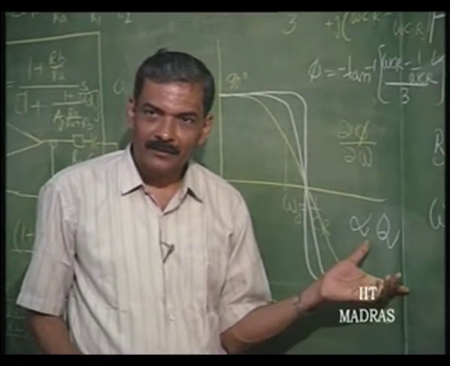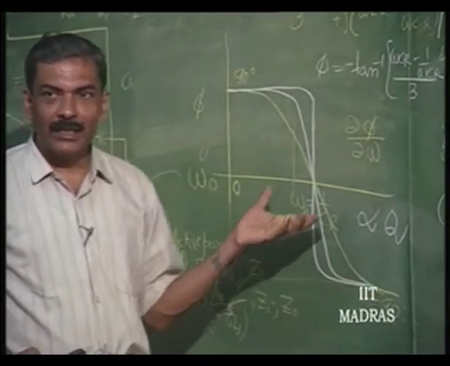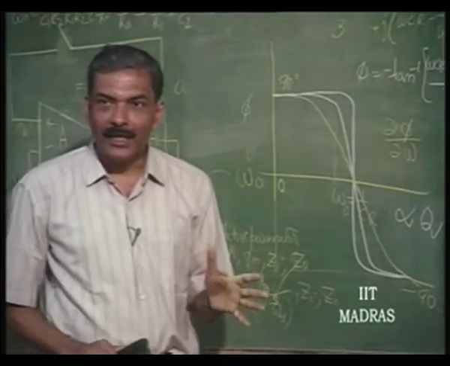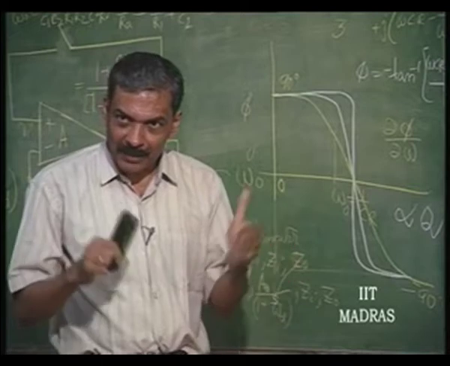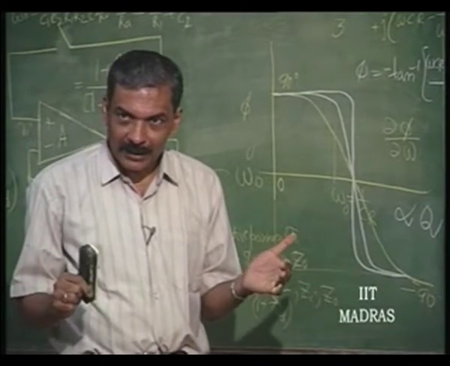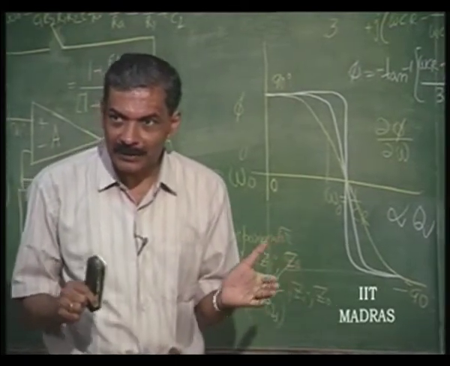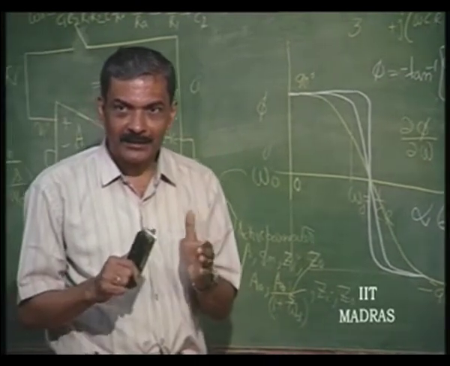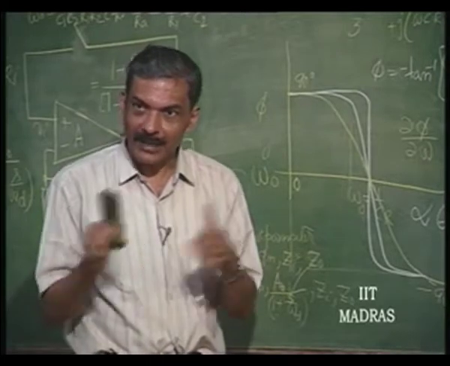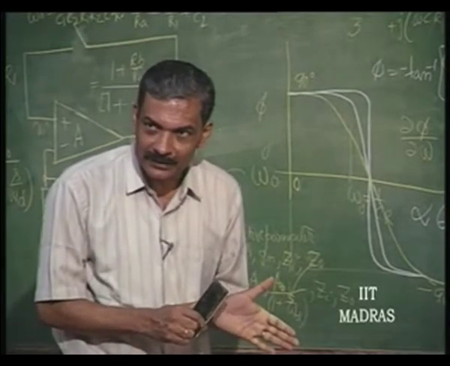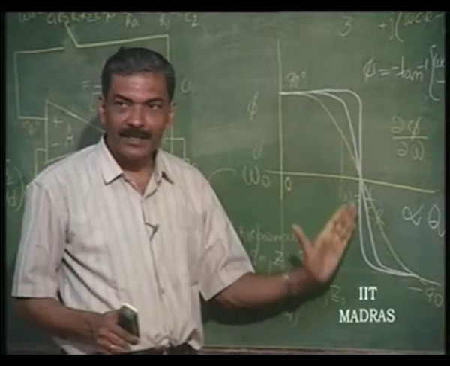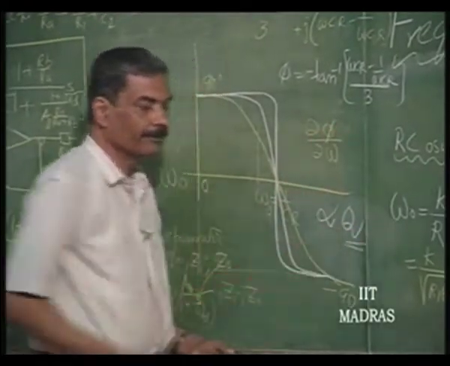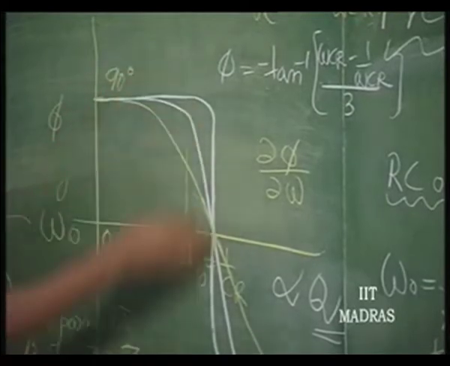Whereas, in the case of an LC network and crystal, Q can be pretty high. Complex conjugate pair of poles will occur, and this pair of poles can be very close to the imaginary axis. If they are very close to the imaginary axis, the resonance frequency is close to the actual frequency of oscillation, and therefore, the phase shift variation is directly proportional to Q. The higher the Q, the steeper is the